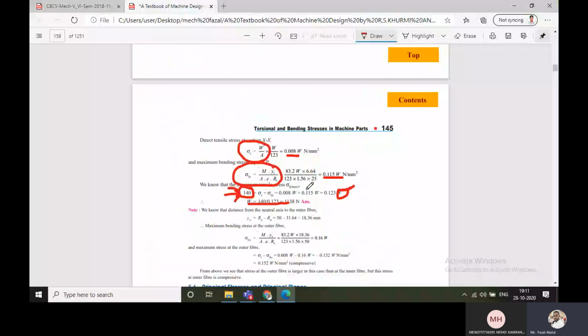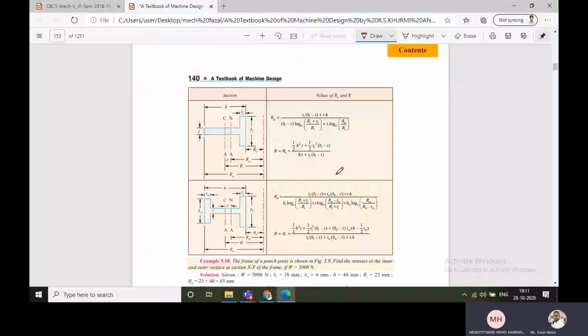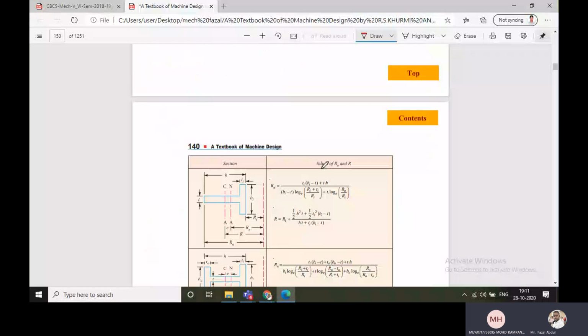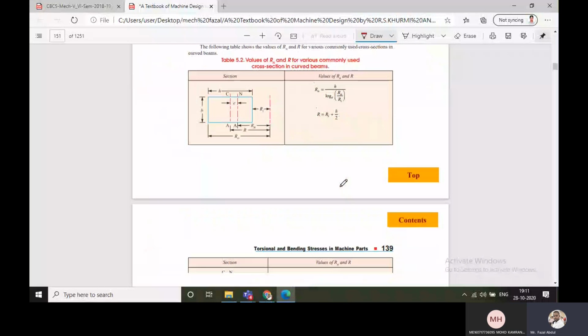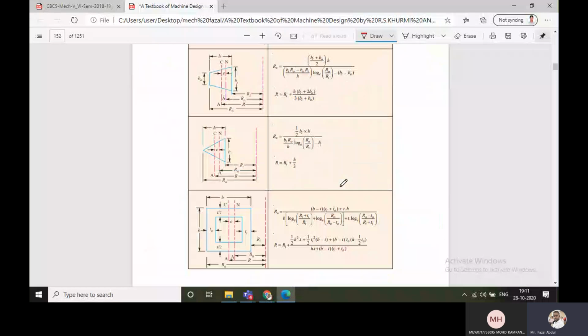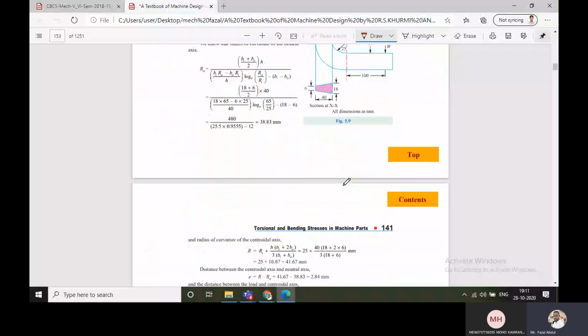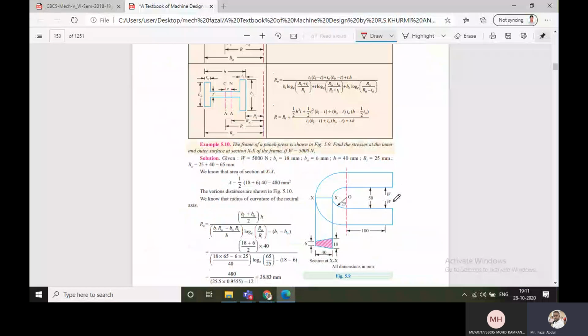It is available in the textbooks here. All the relations will be available in the textbook. In this unit only, we have to practice these 7 types of problems and we can score. The difference is sometimes the load will be given directly. It means here the load is given. There is no eccentricity. Eccentricity means applying the load here, and there is a distance between them. Here the distance is 100 mm.